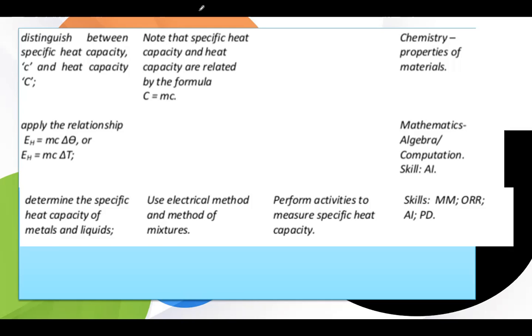We'll go through that and apply this particular relationship, and we want to determine the specific heat capacity of metals and liquids. This is a particular lab that we'll do, and we'll discuss this further. Now,